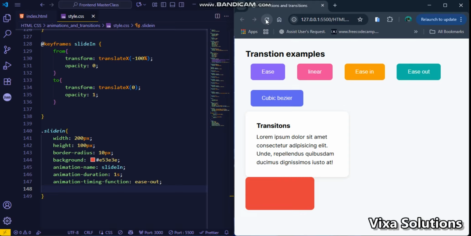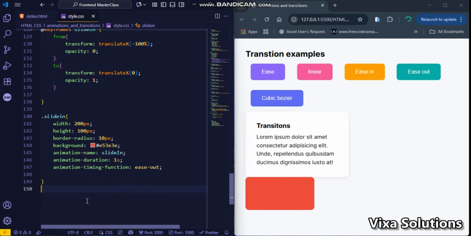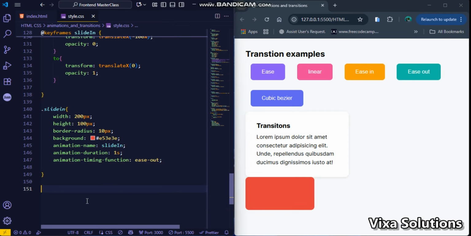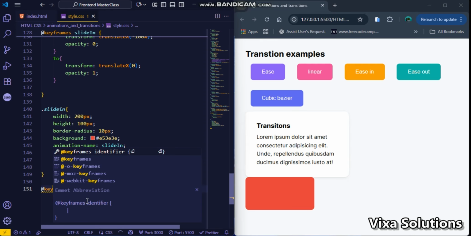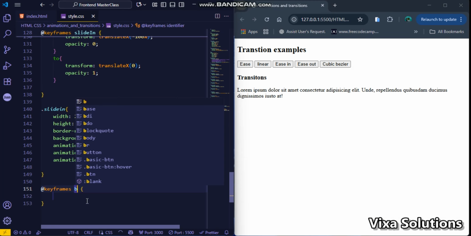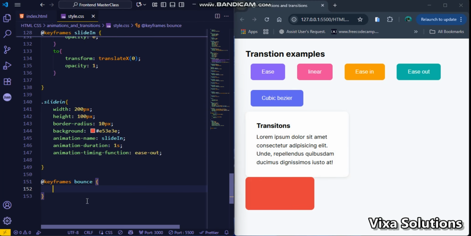So there is also percentage keyframes. Apart from the first method I showed you here using the from to, there is also percentage keyframes, right? So percentage based keyframes gives you more control. Instead of just from and to, you can set exact points, right? Now let's create a bounce. So let's say add keyframes bounce. Okay, so at the start, so 0%,